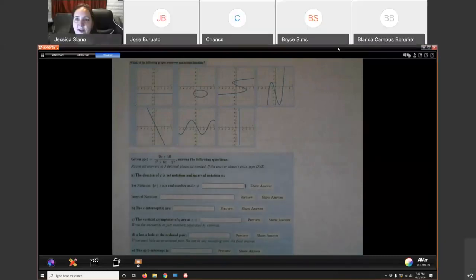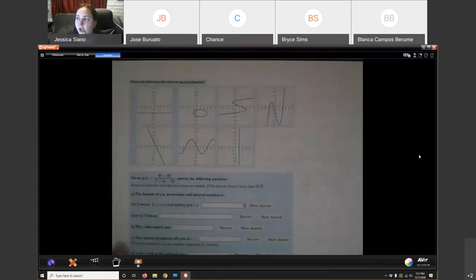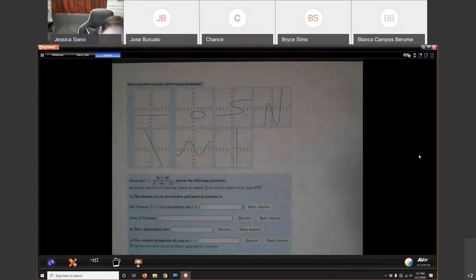So this is the first session for our final exam review. So let's take a look at it. We're going to start here with what is a one-to-one function. So let's remind ourselves that a one-to-one function